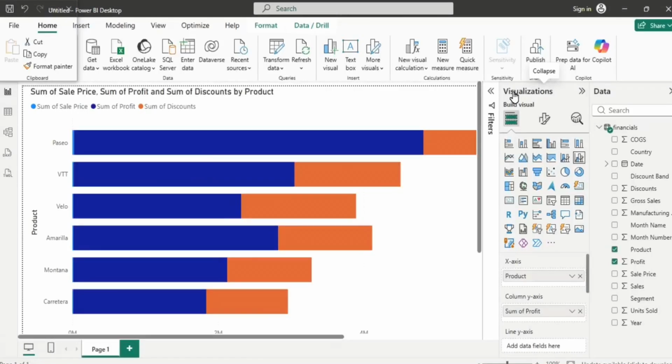Hey everyone, in this video I'm going to show you a step-by-step tutorial on how to enter presentation mode in Power BI Desktop. Now, technically, Power BI Desktop doesn't have a built-in presentation mode like PowerPoint does, but that doesn't mean we can't create a clean, distraction-free view that feels just like one, and that's exactly what I'm going to